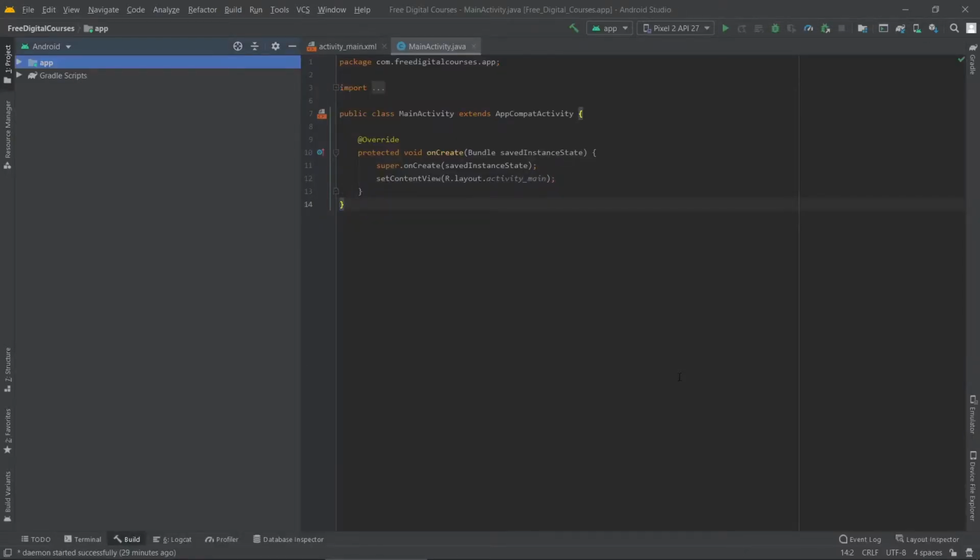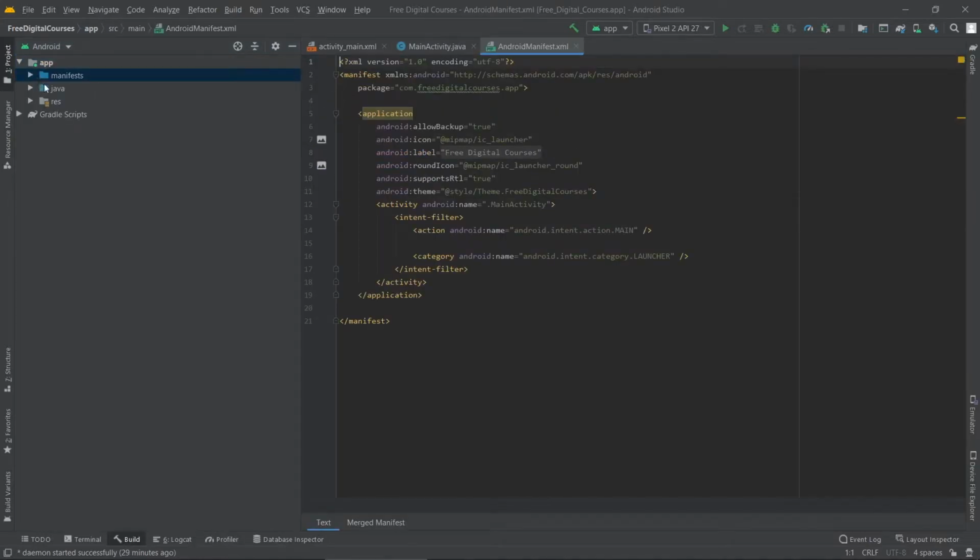After the downloading process is done, you can see the coding here. Double click on the app folder and double click on the manifest folder, and also you can open it like this, and then double click on the AndroidManifest.xml file. Here you have to get the internet permission from the user.